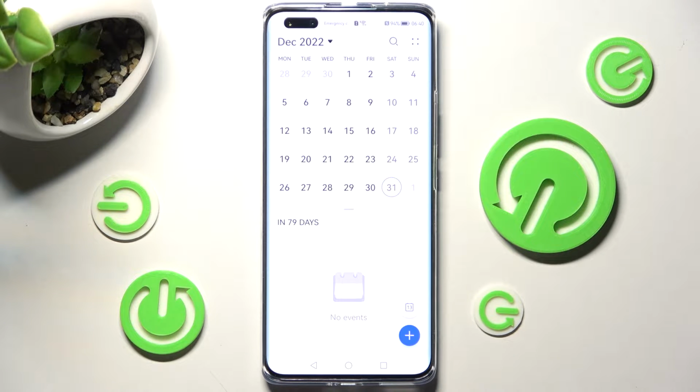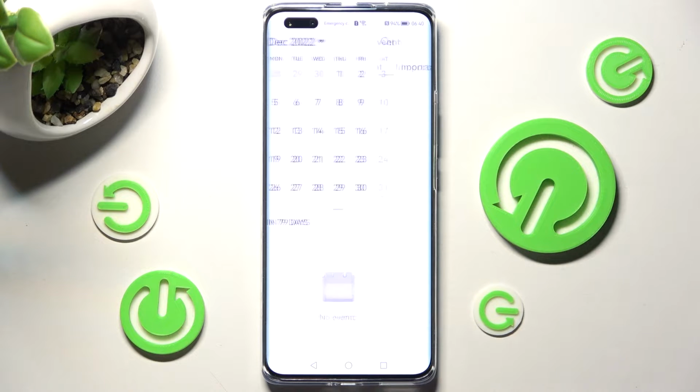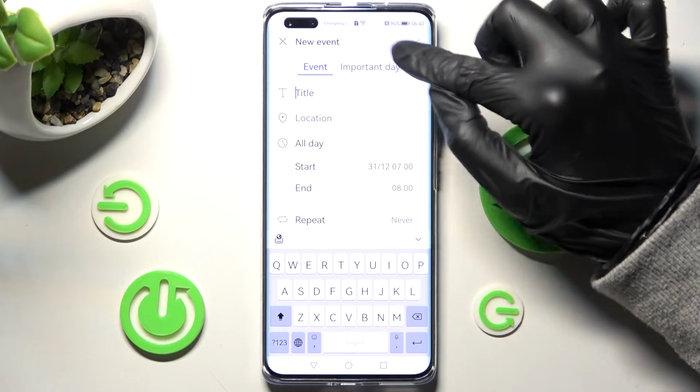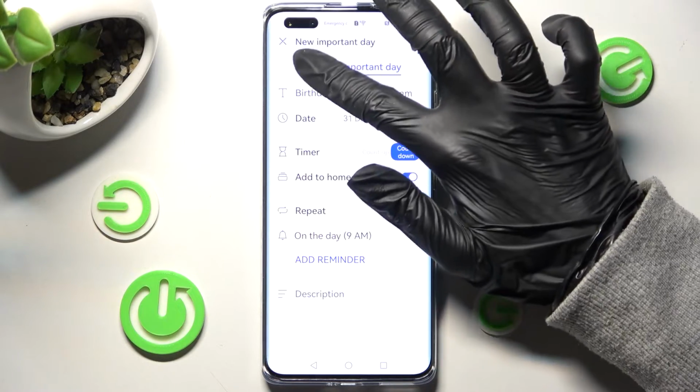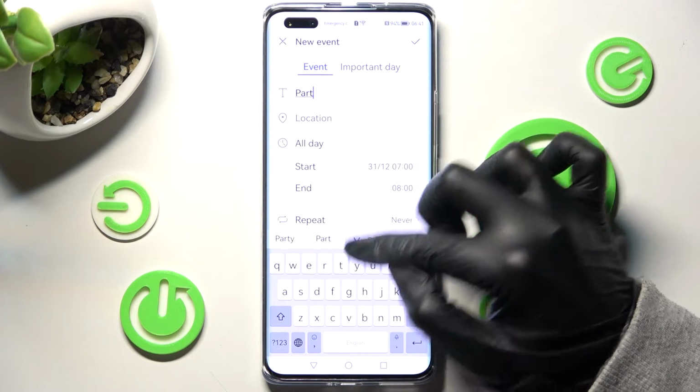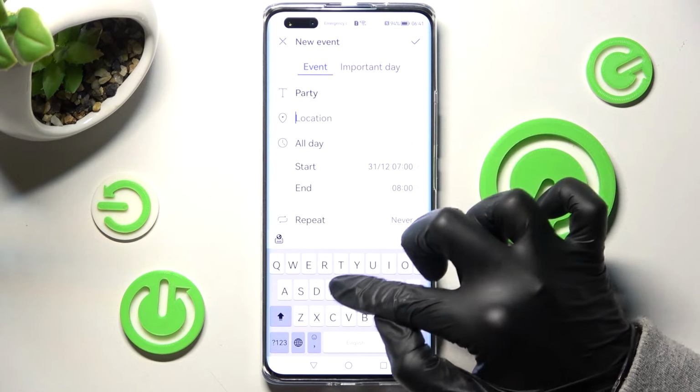Now you need to create your event by choosing this plus icon at the bottom right corner and over here adjust it however you want to. You can pick event or important day. I will go with event though. And now add a title, type in an address